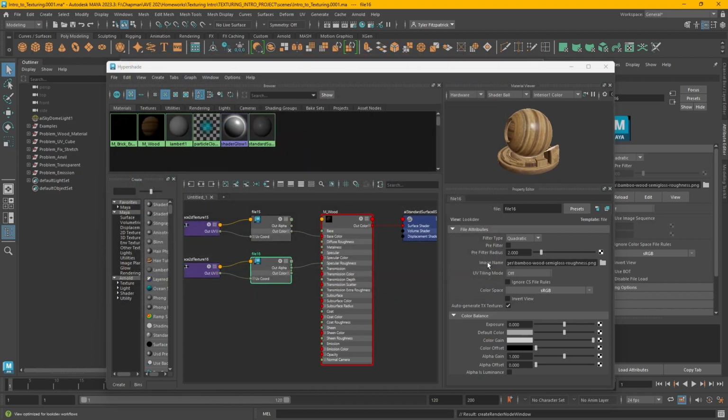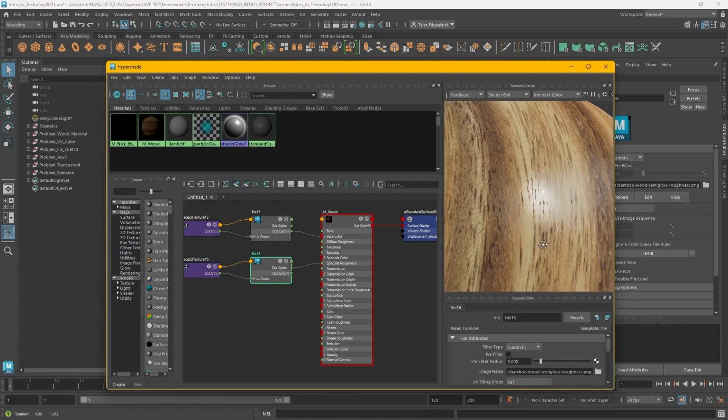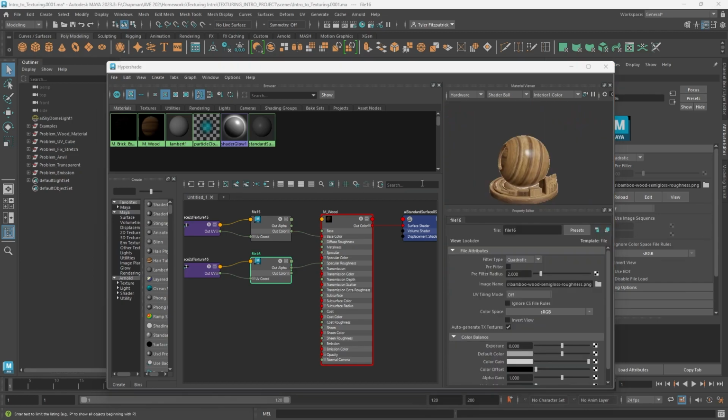So when using a grayscale image like this for roughness, black pixels represent 0, while white pixels represent 1, and all of the gray values represent the values between 0 and 1. The result is a material with a varied roughness along its surface. So if we were to zoom in on this preview here, we can see that a lot of parts are shinier than others. Now there's one last texture I'm going to add, and that's going to be a normal map,